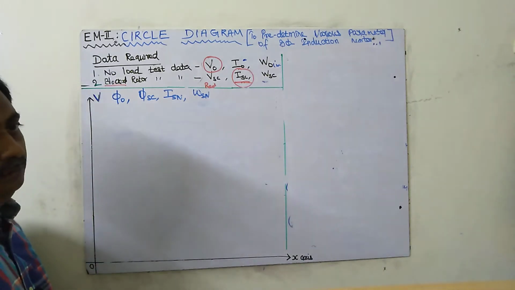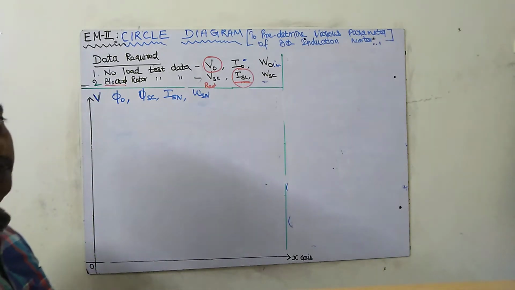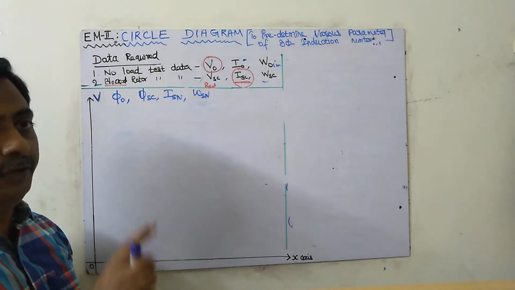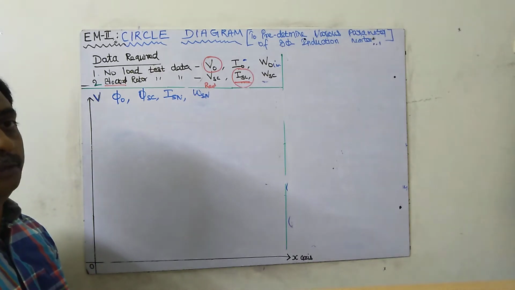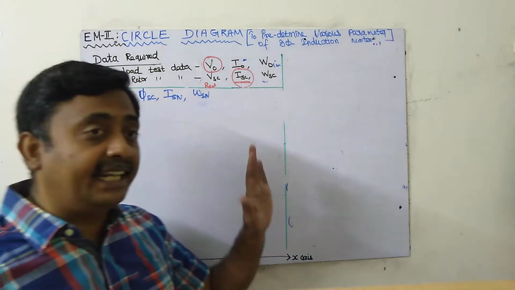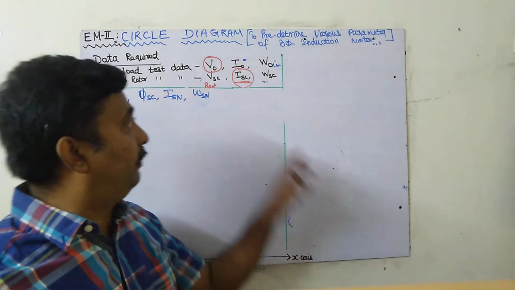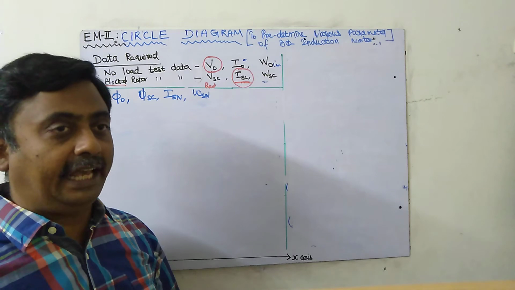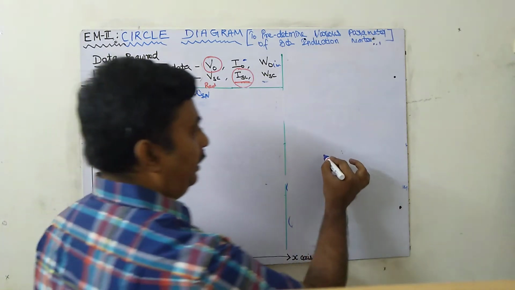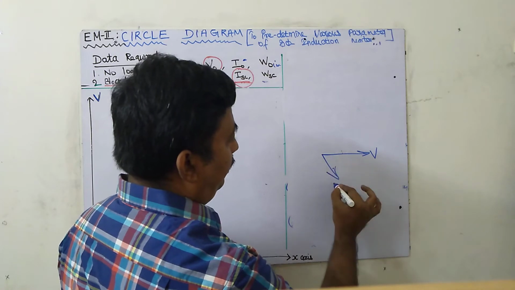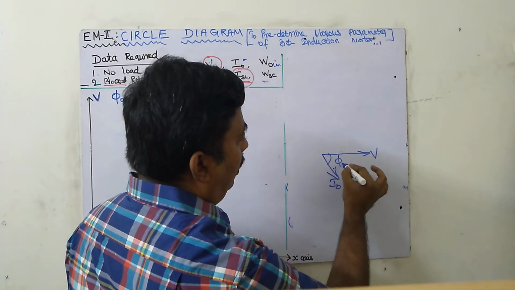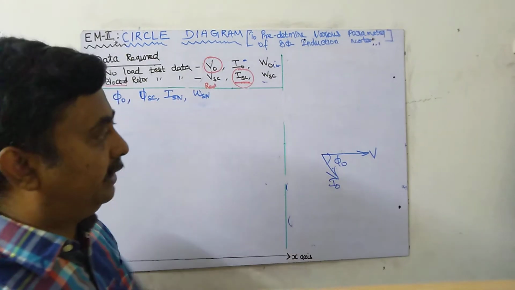I have to draw it here. Where do I have to draw it? That is very important. It's 0.8 centimeter, but where do I draw it? See, this is our induction motor. All are lagging power factor, lagging in nature. Lagging means, if voltage is on the x-axis, current will lag by an angle phi naught.